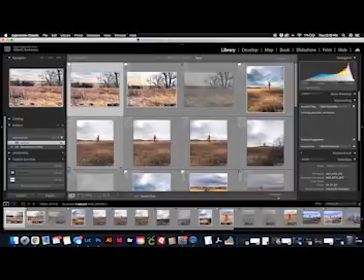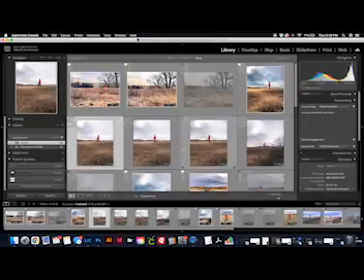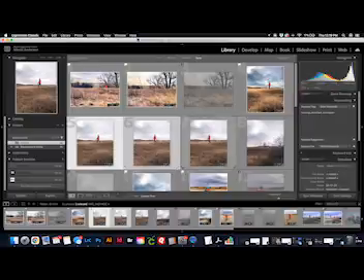So batch processing. I'm going to click on this photo, and instead of clicking on this photo and editing, and clicking on the next one and editing, and clicking on the next one, these are all fairly close to the same thing. If I wanted all three of these photos, I'm going to hold down the shift key and click and click. Now I have three photos